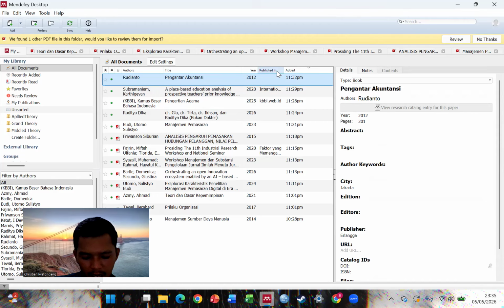For example, I'm using transformational leadership theory for my X variable and job performance theory for my Y variable. I source this from the latest Sinta and international journals to ensure my measures are up to date.